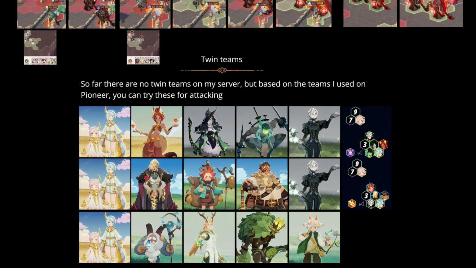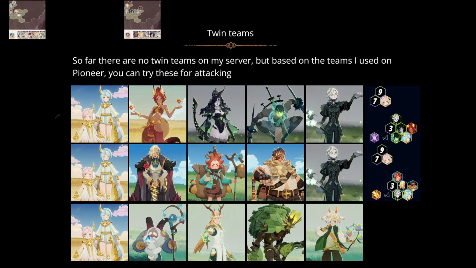Then we can quickly talk about Twins teams. Right now on my server there are no twin teams in the top 20, or at least not in the top 10, so I don't know how well these teams can work on defense. And when I asked some other players what their server looks like, there were only 2 twin teams, and I didn't really include them because to me those teams didn't look good. I think you are just able to win against those teams using an Aaron